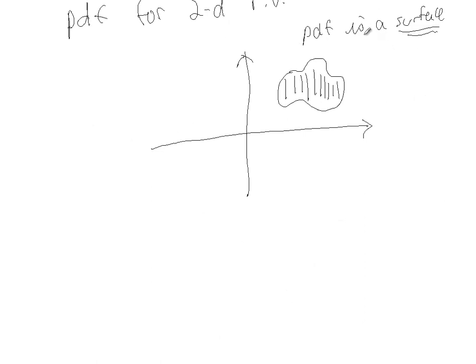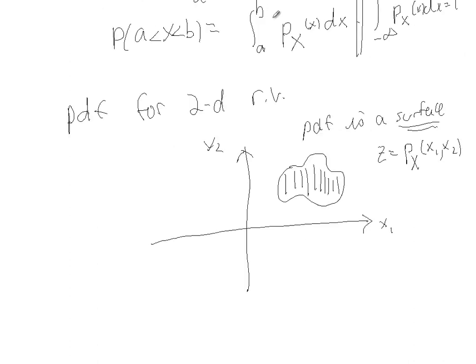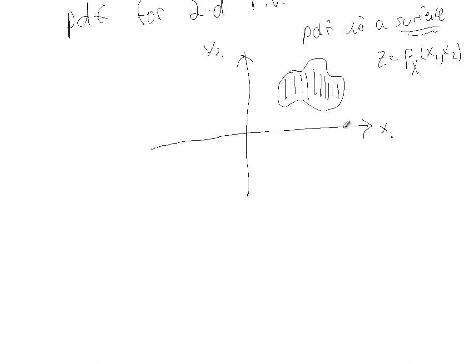I can call this surface a function of x and y, or let's just call it x1 and x2. So this function, I can call it z, is equal to some probability density function of two components. Now there's really not much difference here. Instead of just one component, I'm using two. And if this is the area A,